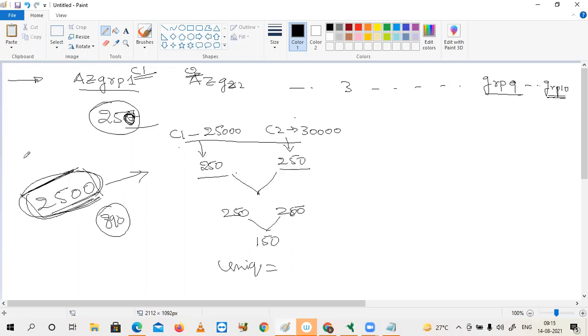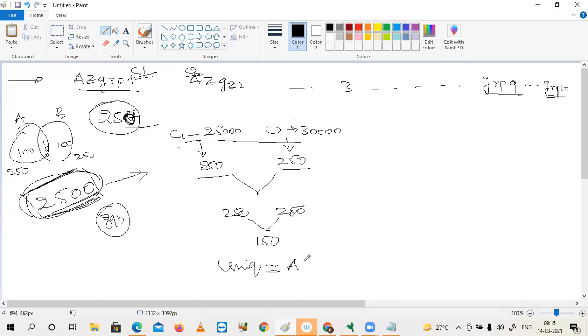Simply, I believe all of you have crossed basic 10th class mathematics: set A, set B, and the intersection. Here we have 250 people, and here we have 250 people. 150 is common. How many are unique for only A, who are not in B? 100 people. Understand? So what is the total uniqueness here?